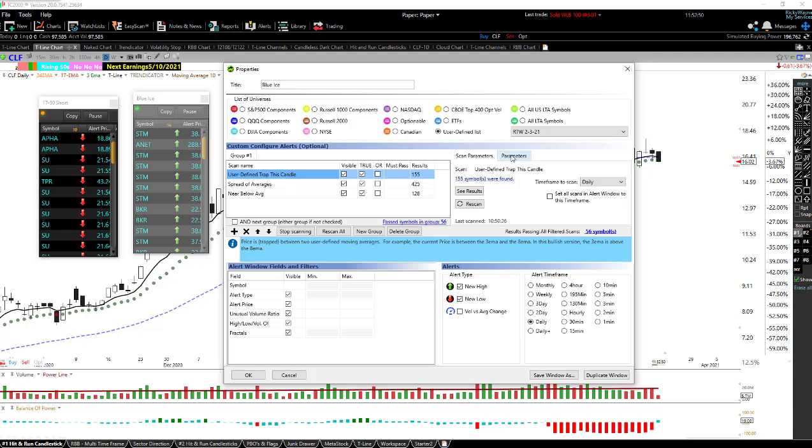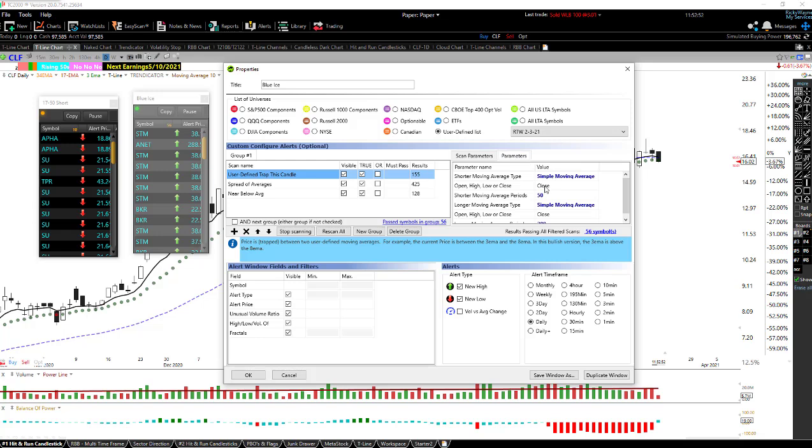So what we're going to do is use the 50 period moving average. We want to set it up so you have this alert, and then in the parameters we want to click on simple right here versus any other moving average type. Click on simple. We want it on the close. And what moving average do we want? We want the 50 period moving average right here. Then